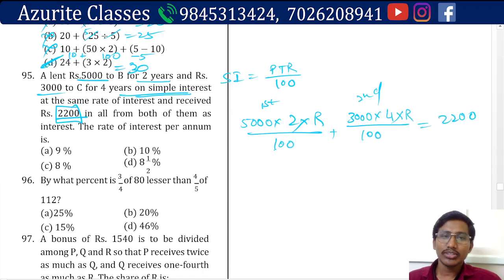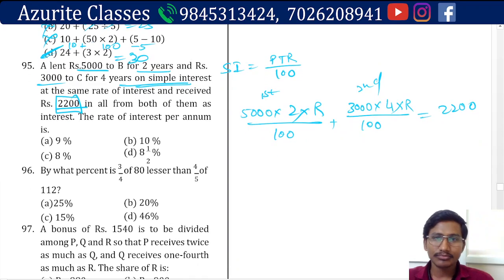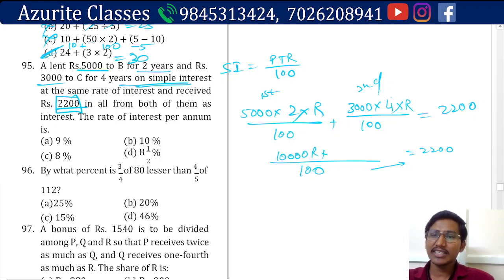Or what you should do, you should go with options. I will do this and then I will show you. So here 100, then 5,000 into 2, 10,000. 100 is the LCM, same, right? That will go that side and multiply with 2,200, and then 10,000 plus this side 12,000, 3 4s are 12, 12,000. So 10,000 plus 12,000, 22,000, and 100 will multiply this side, so 22,000